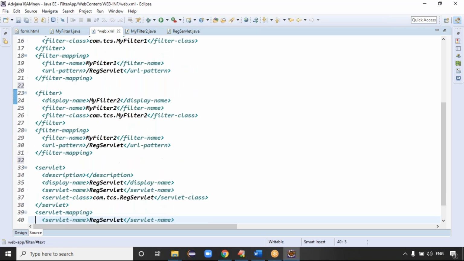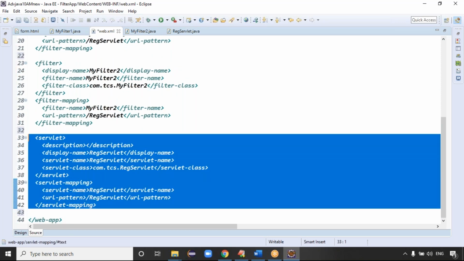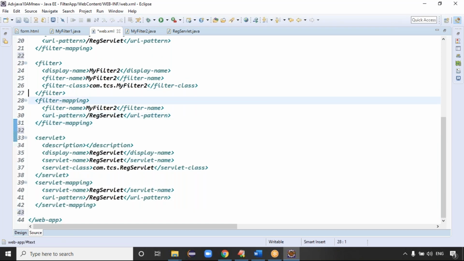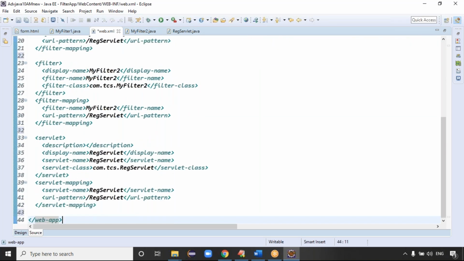If you see this code, if I have 20 servlets and 20 filters, can you please assume how much XML code there would be? Definitely the web.xml code increases. With 20 servlets and 10 filters, the number of tags will increase, right? Then what happens is the validation and parsing.